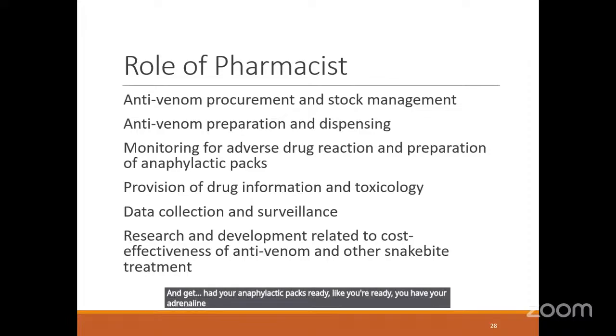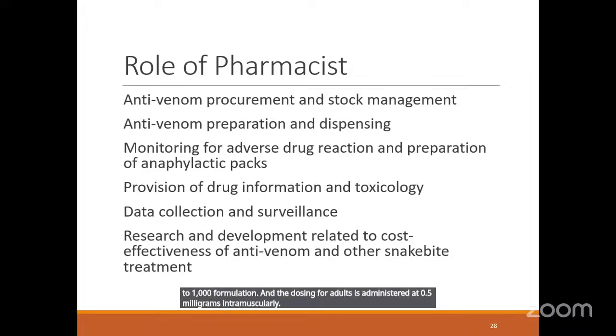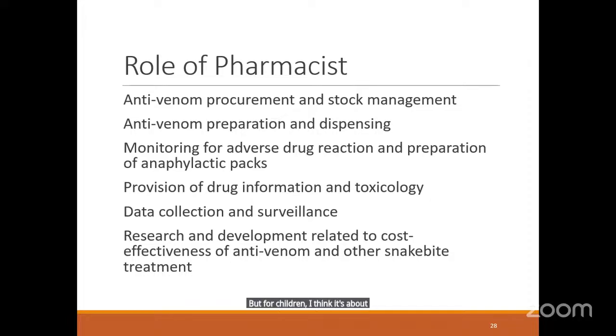And the adrenaline that is used is the 1 to 1,000 formulation, and the dosing for adults is administered at 0.5 milligram intramuscularly. But for children, I think it's about 0.01 milligram per kilogram body weight. Now,